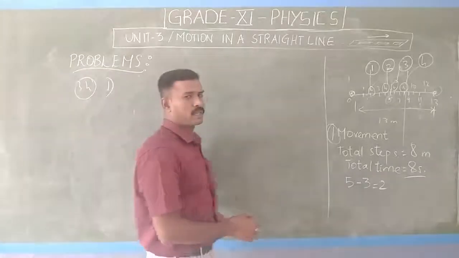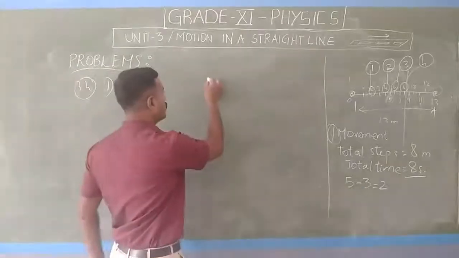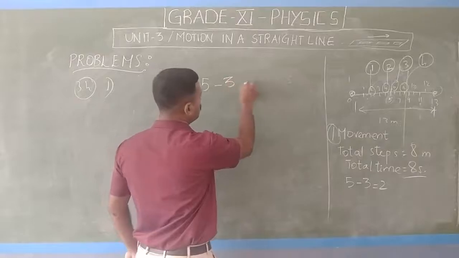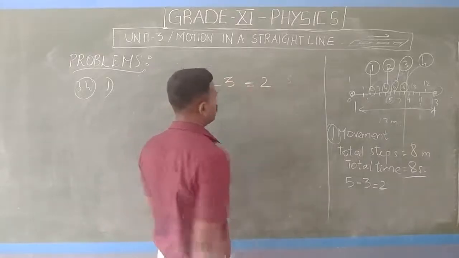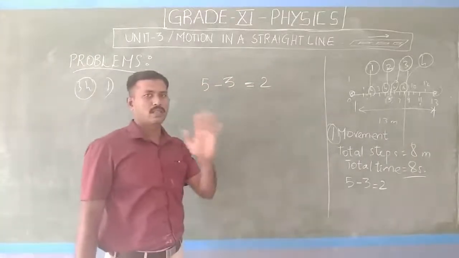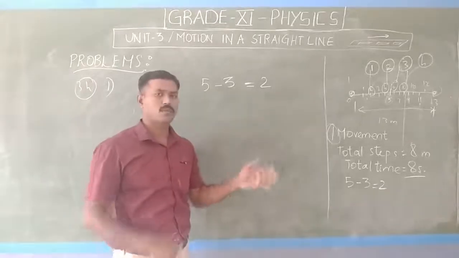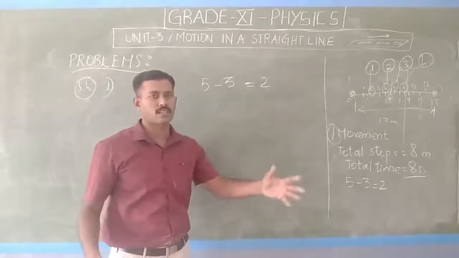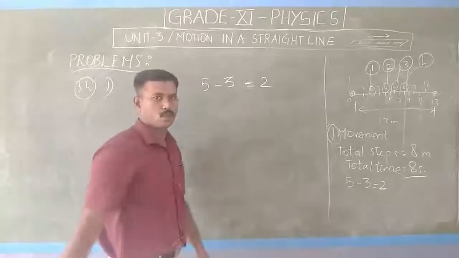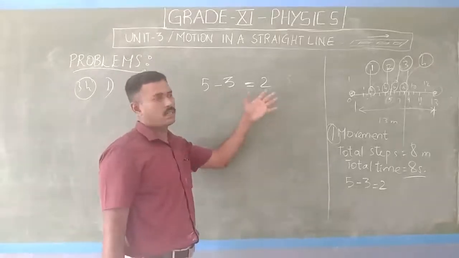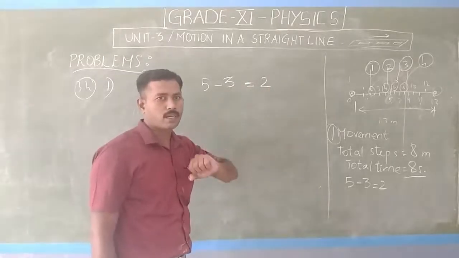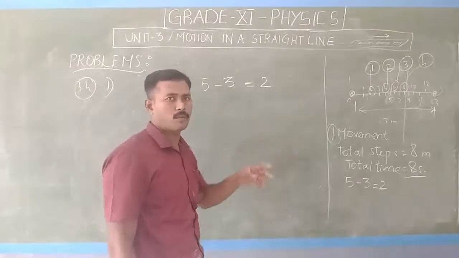A simple way is, I told you, 5 minus 3 is 2. This is a logical way. Just keep it in mind, because it will be very useful for you in emergency cases. 5 minus 3 is 2. So this is the logic that I took from the theory given in the problem. So